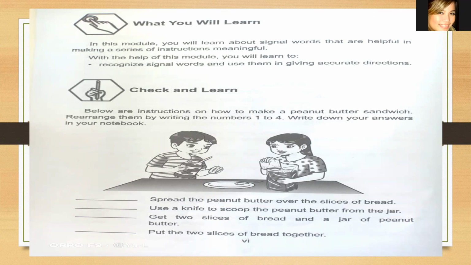If you can see, check and learn, we have there 1, 2, 3, and 4, or A, B, C, D. The sentences that you found here in the modules will indicate those A, B, C, D. Now what we need to do is we need to number 1, 2, 3, 4